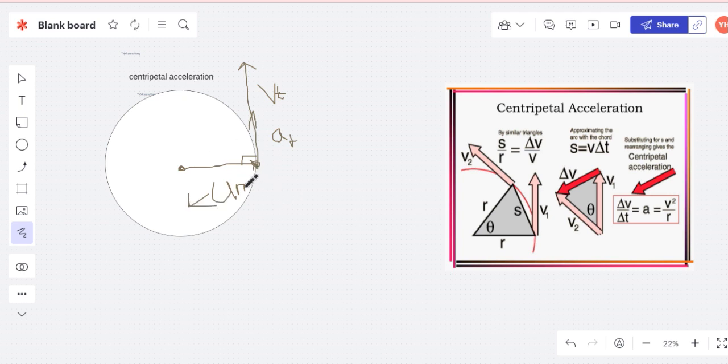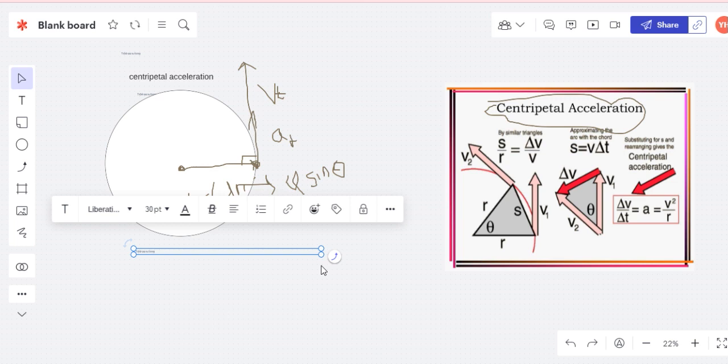We have dealt with tangential acceleration at, which is responsible for changing the magnitude of the speed. The normal acceleration is responsible for providing the direction to a body. So this normal acceleration is known as centripetal acceleration or radial acceleration, which is responsible for keeping a body in a circular path. For deriving the formula of centripetal acceleration, we will consider the tangential acceleration equal to 0, which means the velocity